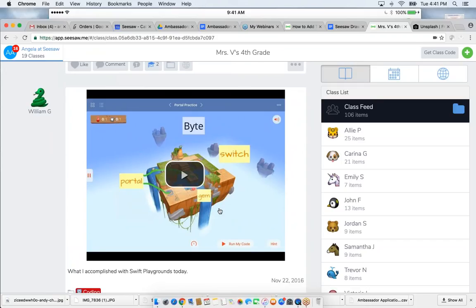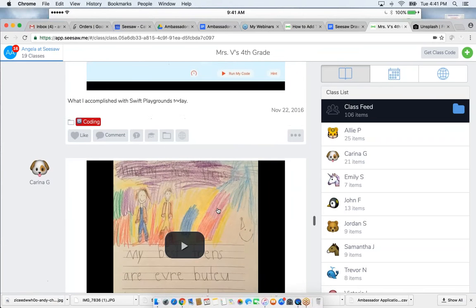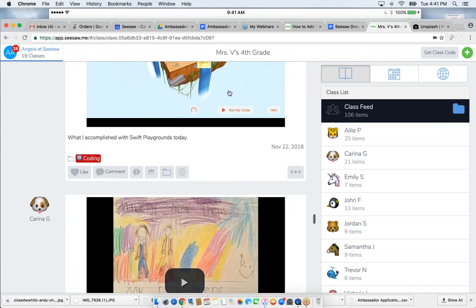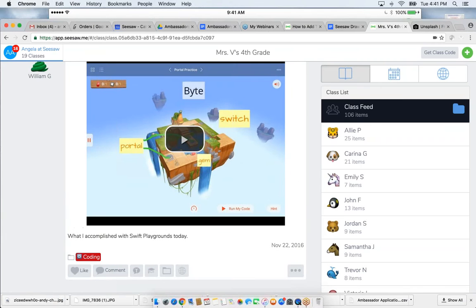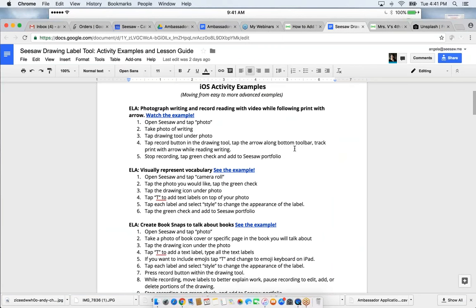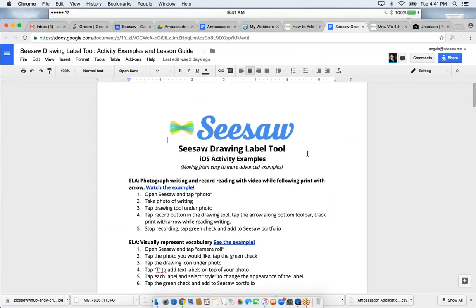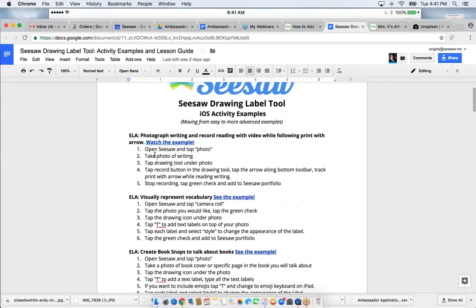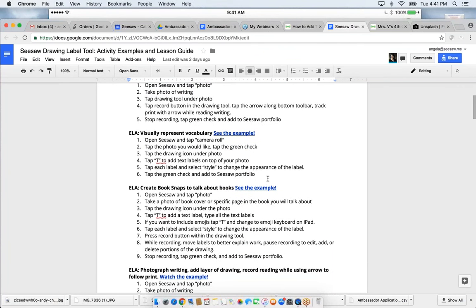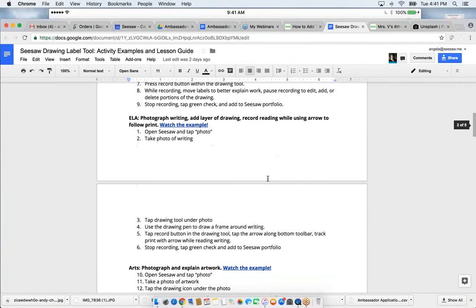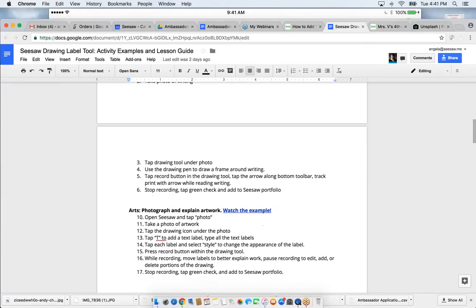This is a screenshot of where the student got to and explaining what they hope to do next, adding, again, some of the labels to that. So you're thinking, that's wonderful. How do I make this happen? That's where you're going to find here in this lesson guide. Again, it will take you to the examples that I just quickly showed you, but then go step by step with how we actually created that on iOS or the web. So most of these examples here are based on iOS, but you'll see how you can easily bring them into